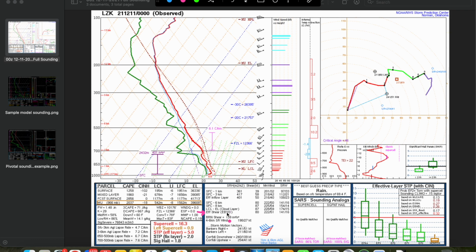So the effective bulk shear is basically the changing of that wind speed and direction with height, the wind shear, in the layer between the base of the effective inflow layer, so effective inflow layer base, up to 50% of the equilibrium level. So it's very similar to the 0 to 6 kilometer shear, or the 0 to 6 kilometer layer, but again, it's going to change based on the effective inflow layer base and how high that equilibrium layer